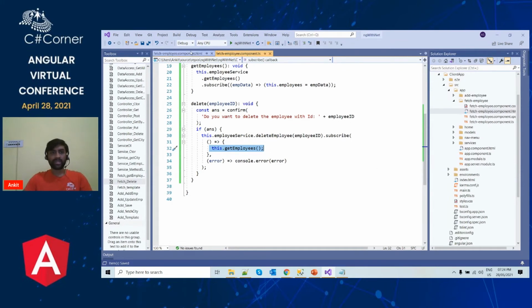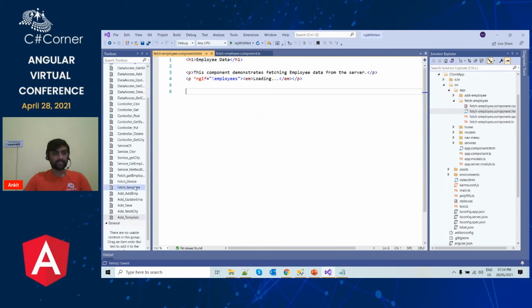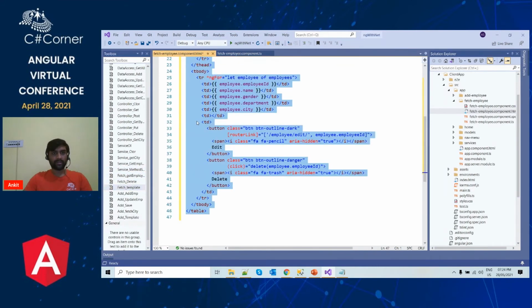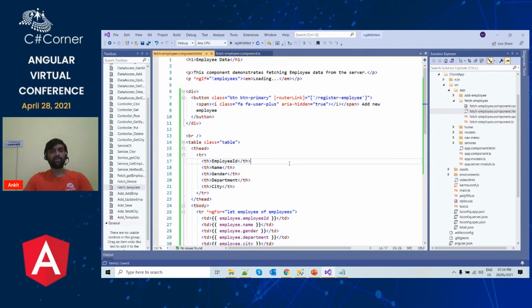Now we are going to the HTML part of this code, and we are going to add code over here. So let us understand what we are doing here. There is some static text over here showing that this is the employee data component. It will fetch the data from the backend. Now at the top, we have defined an add new employee button, and this button will redirect you to the register employee link.